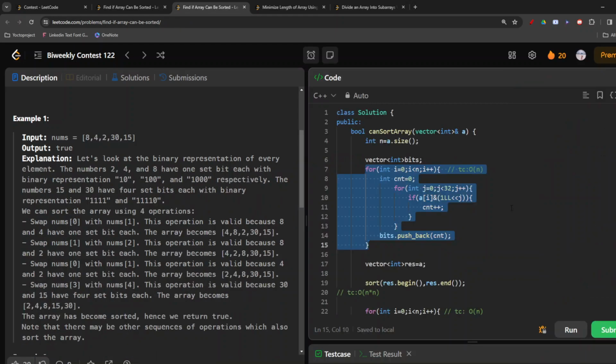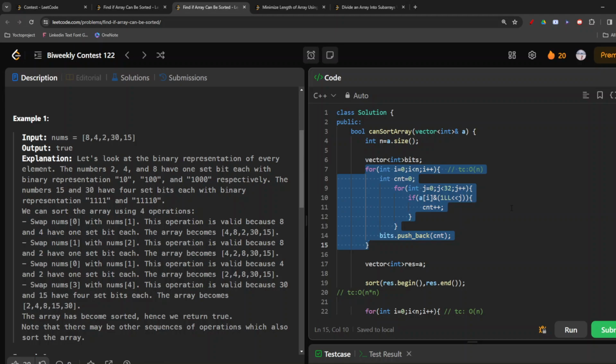Now the next part is, at the start I mentioned that we will be taking one auxiliary space where we will be keeping the sorted ones, right? So that is what we are doing here, sorting that. And now we are taking one more loop in which we take the present element from the sorted array and compare it with the input. If they are the same, then we continue. That simply means it is already sorted, and if it is already sorted, then why do we need to do anything for it? But if that is not the case, then what we will be doing is,